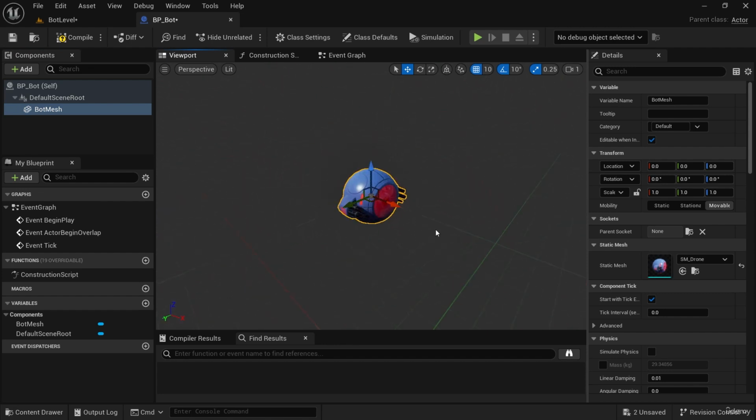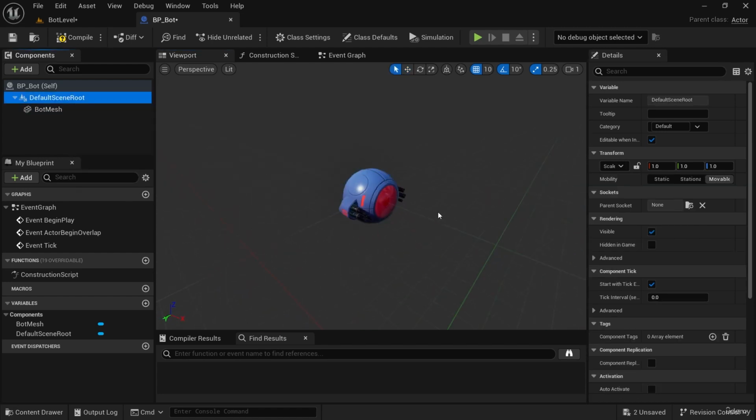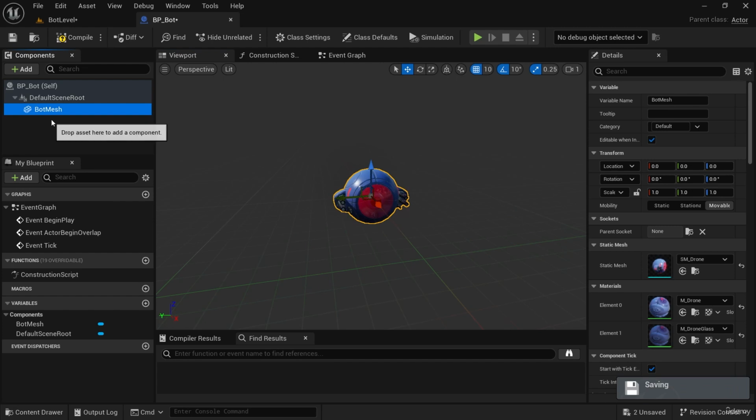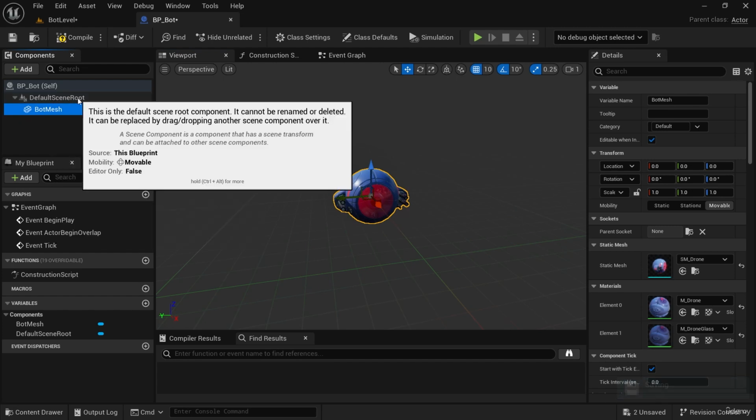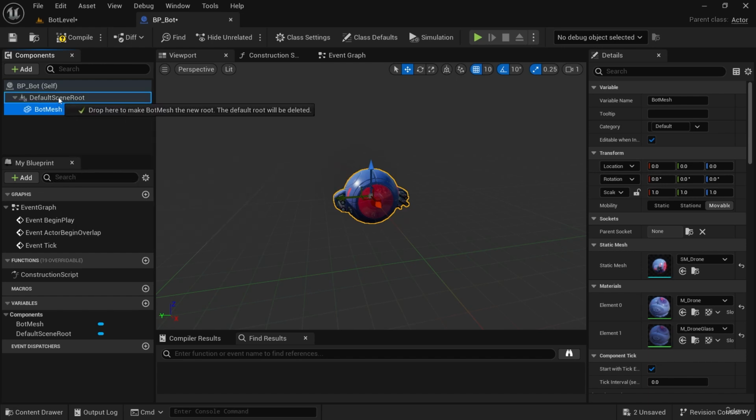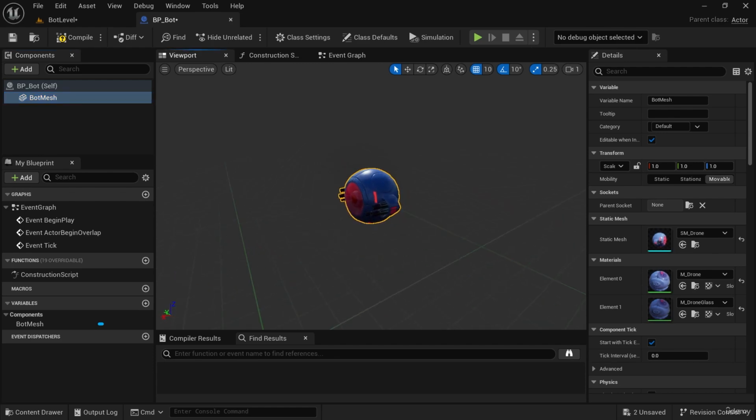How nice. So we really don't even need to attach it to our default scene root because we don't need a rotational offset from the root component. Our bot mesh itself can be the root component. And we know how to make our static mesh the root component, don't we? I'd like you to think about this and do it before I do it, just to see if you remembered. That's right, we can click on it and drag it onto default scene root, and now it becomes the root